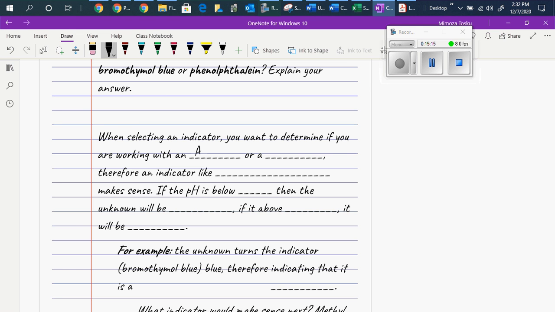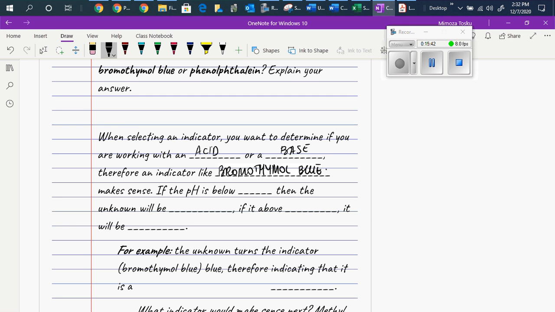Okay, because those are the two that indicators work for. If it is an acid, then you will see that the pH is in a certain range. So therefore the indicators like bromothymol blue